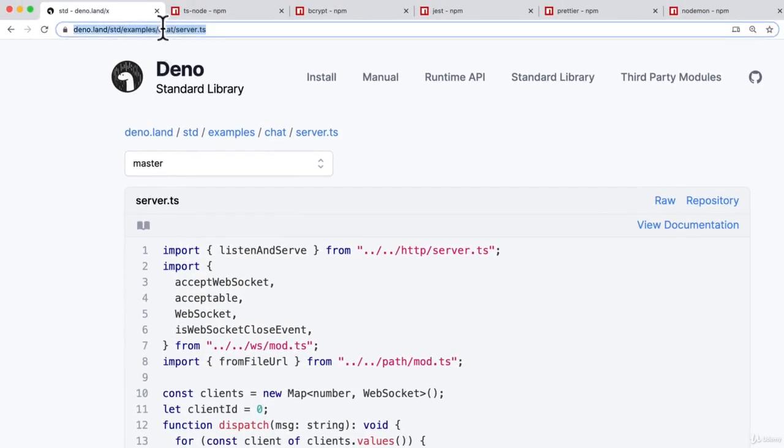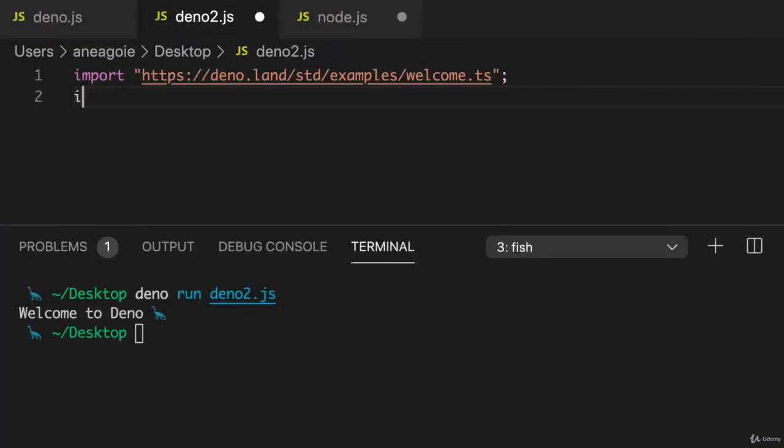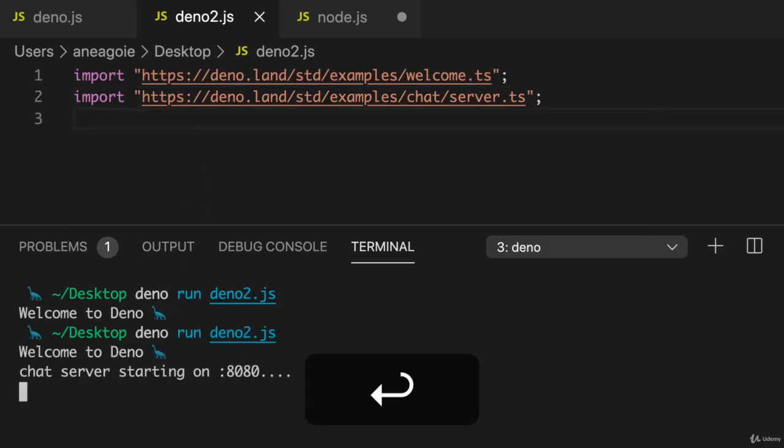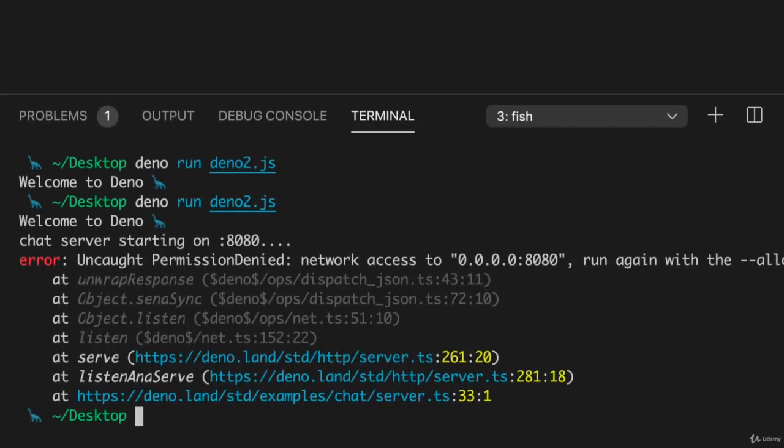So I'm going to just copy this URL and now import in here. Same thing. Save and run. Oh, I get an error. Now, why is that? This goes to the next point,